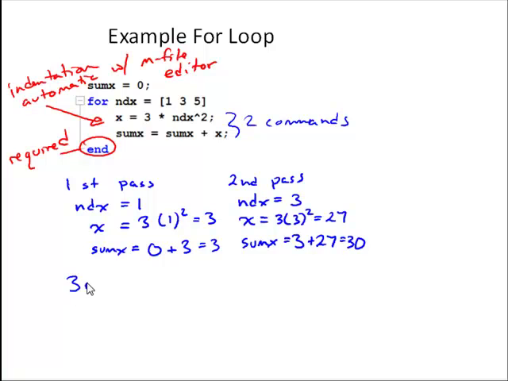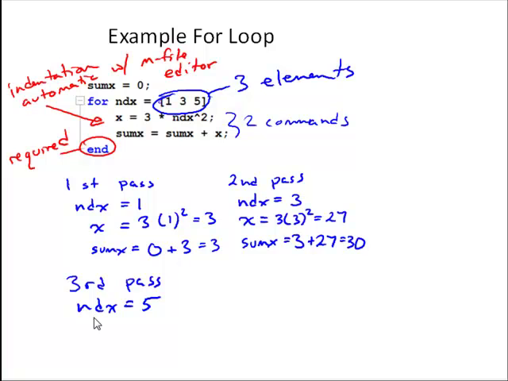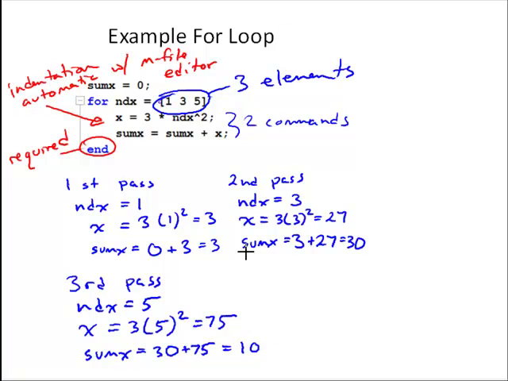And then our third pass, which will be our last pass because there's only 3 elements in that vector. And so for our third pass, index will equal 5, the next element in the vector. X will equal 3 times 5 squared, which is equal to 75. And sum x will equal 30 plus 75, which is equal to 105, sorry. So at the end of this section of code, sum x is equal to 105, and the leftover value of x is equal to 75